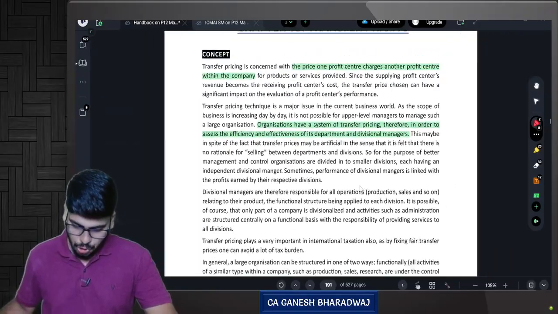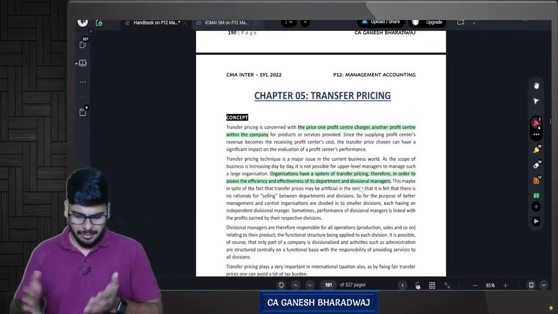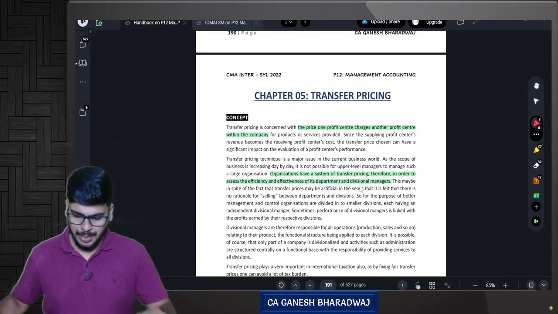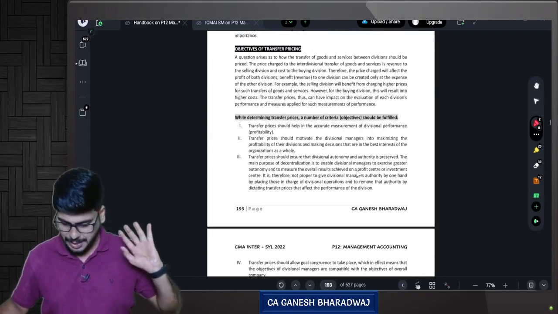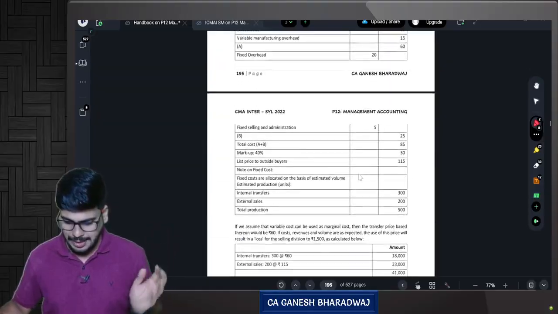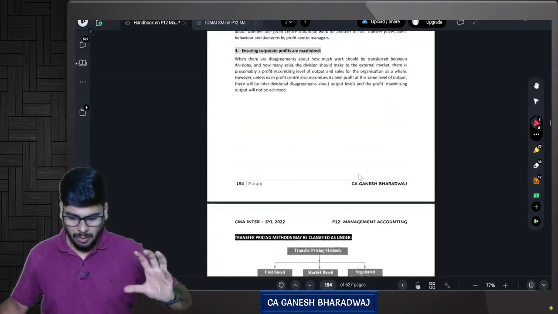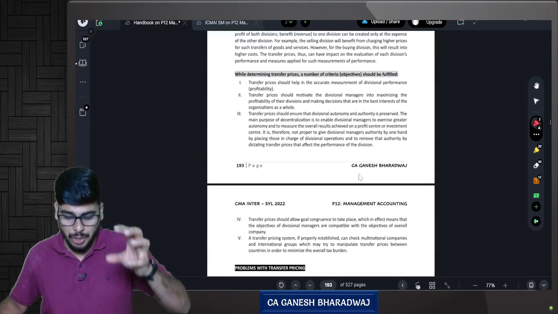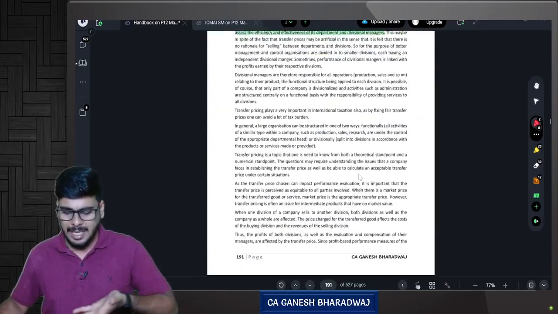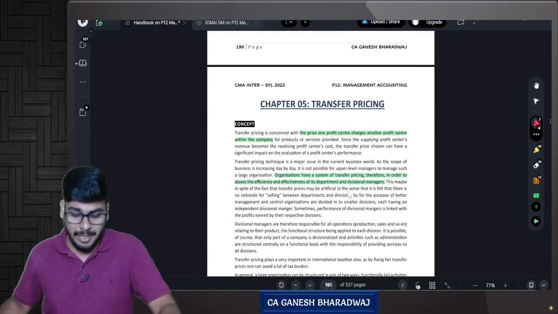Okay, look, in our study material, which is also there in our handbook, they have given a lot of paragraphs. By way of this, they have explained so many things. The example I took was done specifically by me so that you will be able to understand the concept. If I just keep on reading all these things, you will definitely not understand.